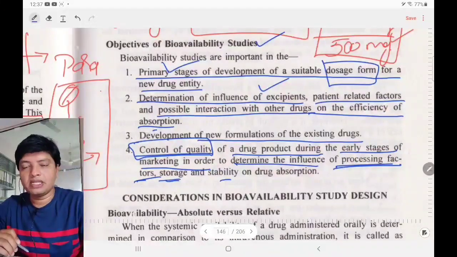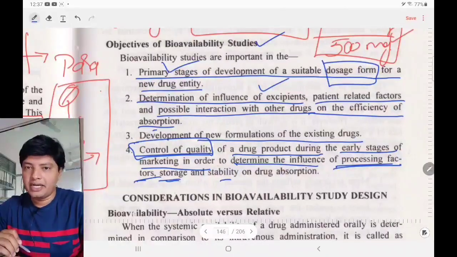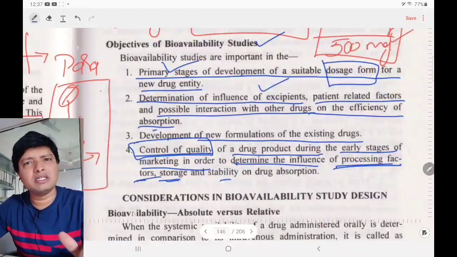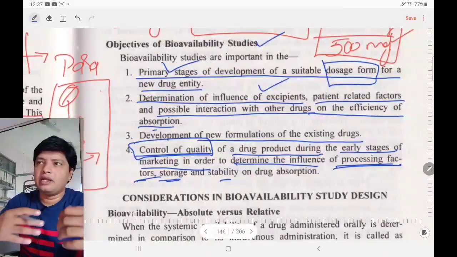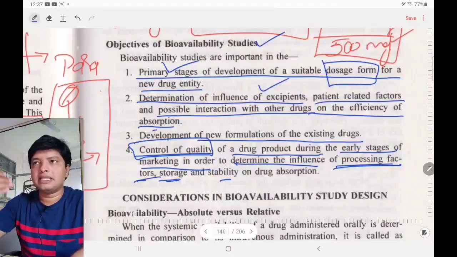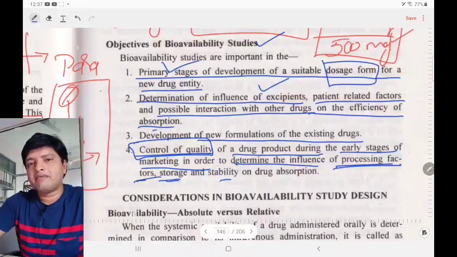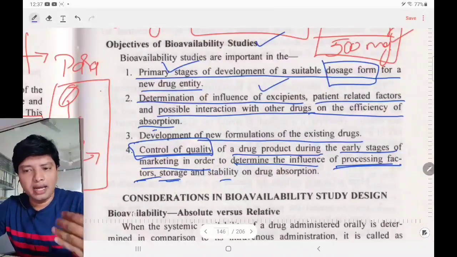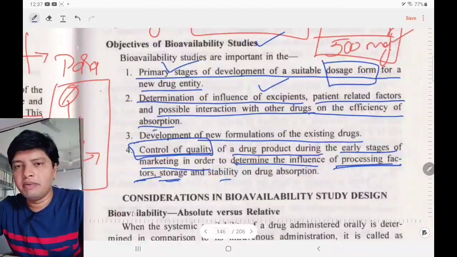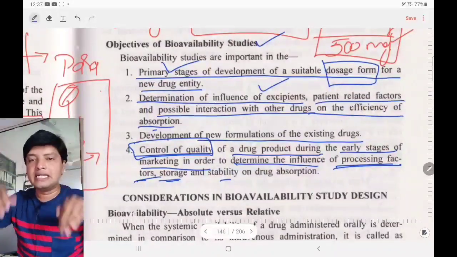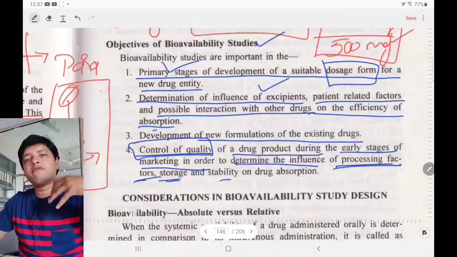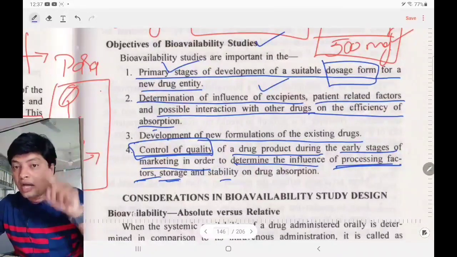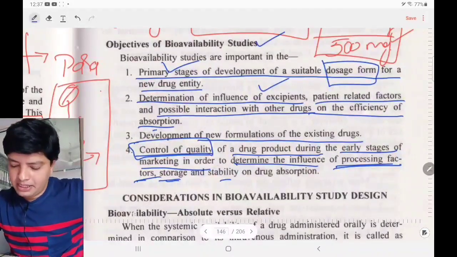Storage: what is the effect of storage conditions on drug absorption, or you can say on the drug bioavailability? You can answer how this affects. If the storage condition is not proper, what happens? There is a chance that the drug may interact with the polymer which is present. Due to higher temperature, more activation energy, the drug will react with the polymers, or you can say the drug will get degraded itself. The degraded product will react with the polymer and form some complex which in turn affects my drug absorption. To know that effect also I need to conduct bioavailability studies.